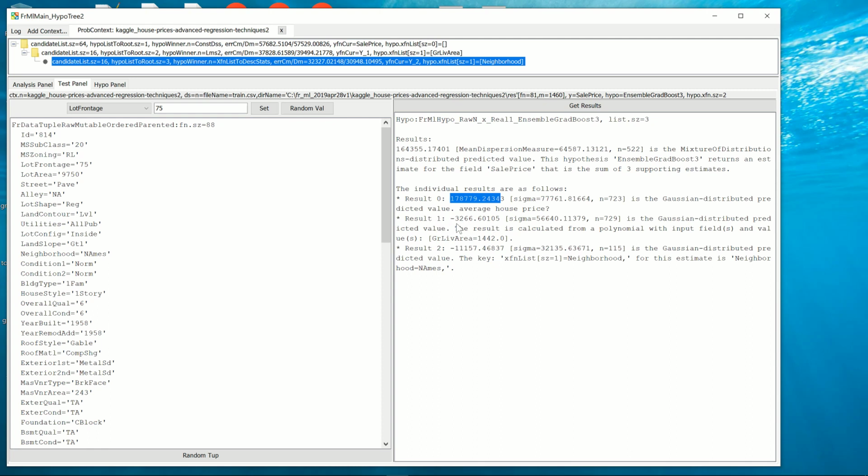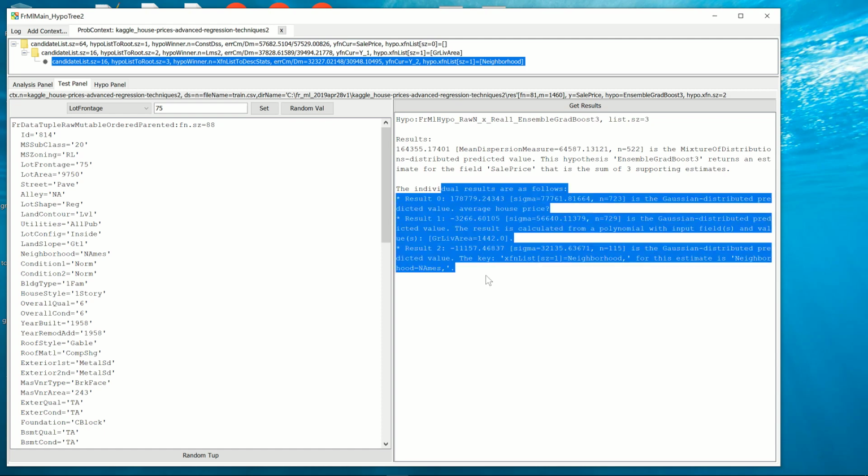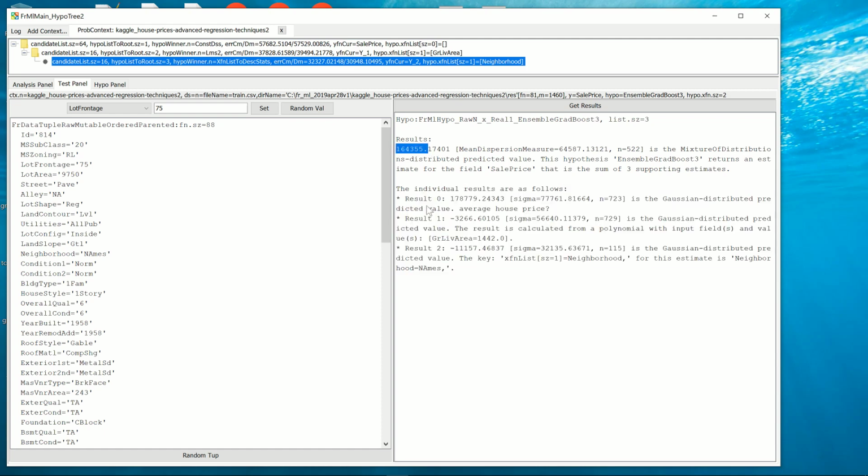So that actually subtracts from the price of the house. But, and this is a key point, given these two pieces of information, after that we try to take into account the neighborhood, and we see that in fact this neighborhood is not a good one on average, after taking into account the lot area, and that subtracts a further 10K from the house. And so if we add up all those things, we get the value of about 164K, which is a pretty